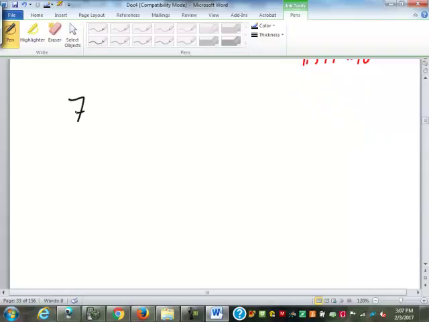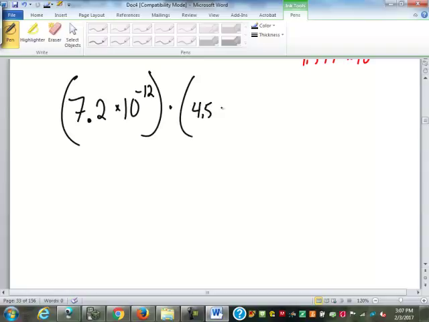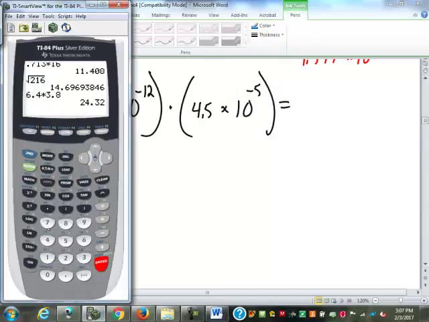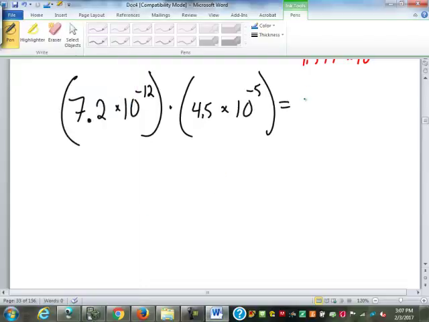Or if we have 7.2 times 10 to the negative 12th times 4.5 times 10 to the negative 5th. 7.2 times 4.5 is 32.4